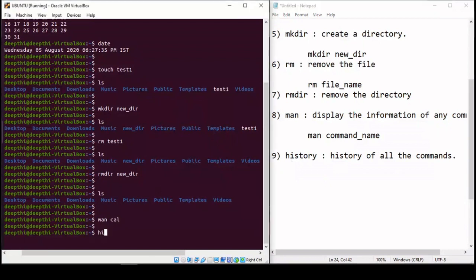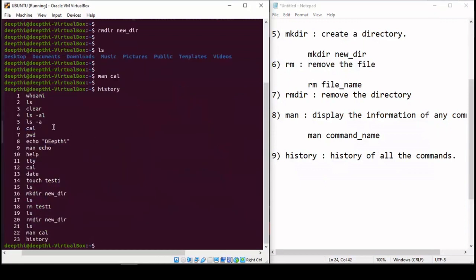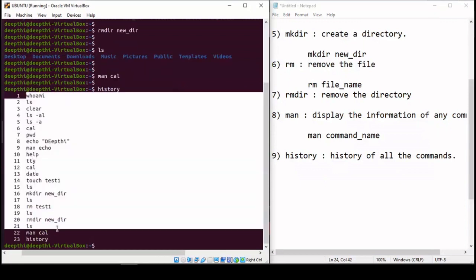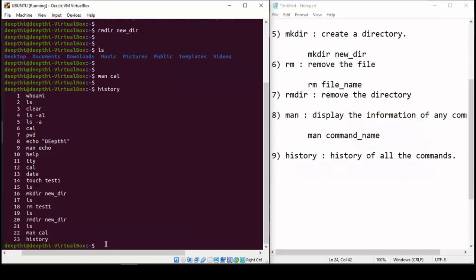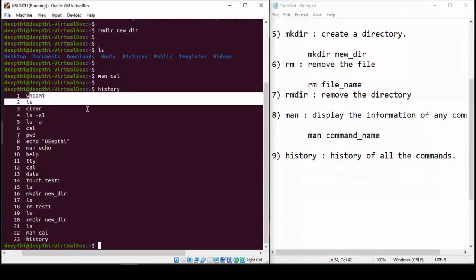So I'll simply write history, and what I'll see is it is giving me the description of all the commands that we have used, right? It is also telling me about the other commands that I used earlier. You can see that tty and then pwd and clear, whoami. These are the commands that I have not used in this session. So whatever commands I used earlier also are being displayed here.